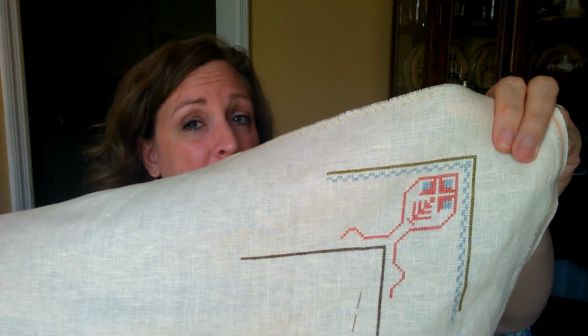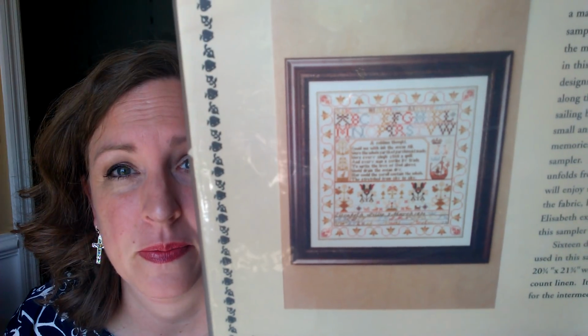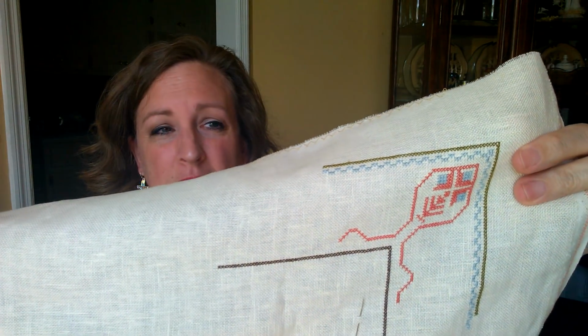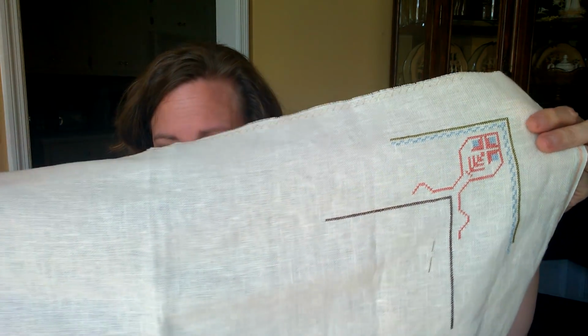I'm not crazy about the colors. Now, overall, look at the picture. It's a beautiful sampler. I know it's a reproduction, but I'm not crazy about that bright pink and Pepto pink, light blue, but I have noticed something about myself that I have caught myself saying often since I've done these